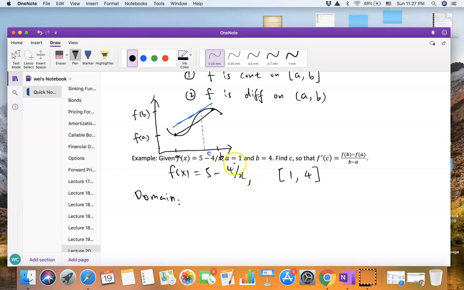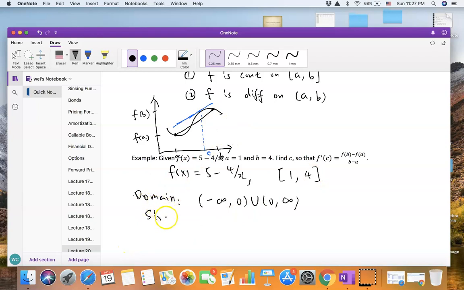Since the function has a term 4 over x, we know if x equals 0, the function will be undefined. So the domain is from negative infinity to 0 and from 0 to positive infinity. Now that means if 0 is contained on this interval, then the function will not be continuous. Now, because obviously 0 is not on this interval,